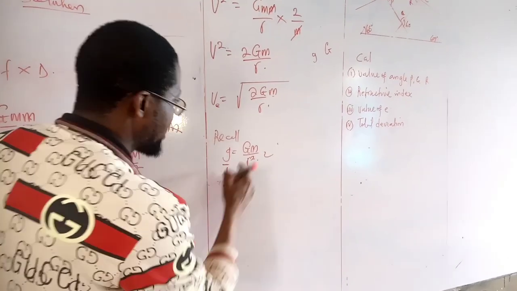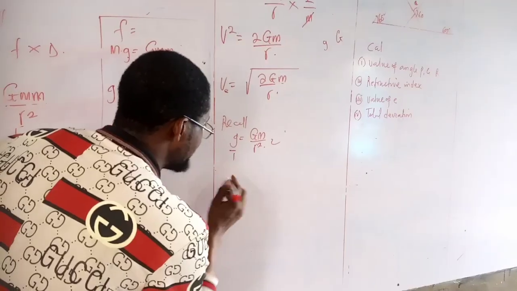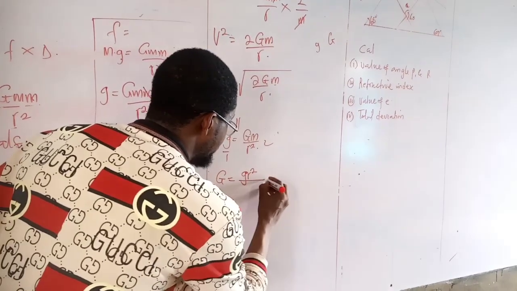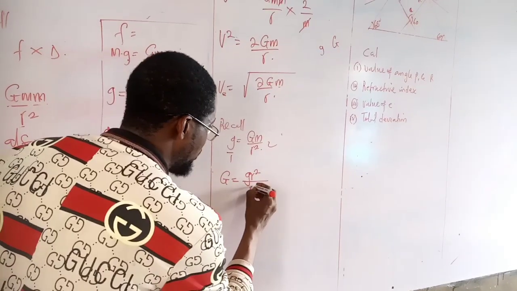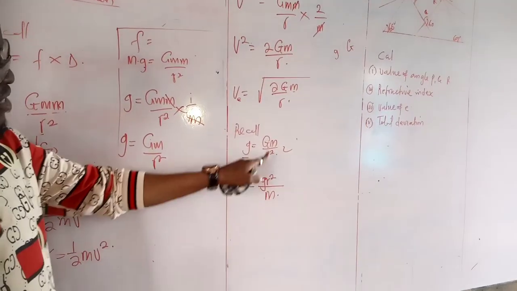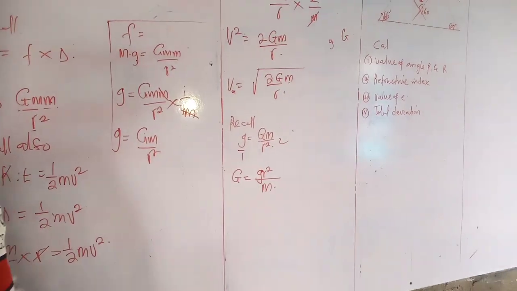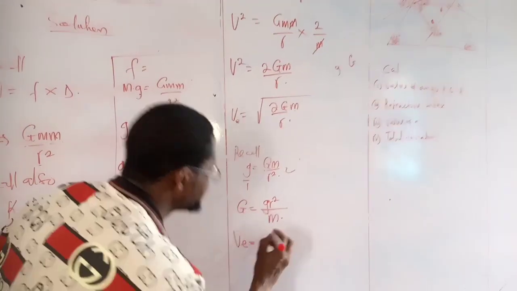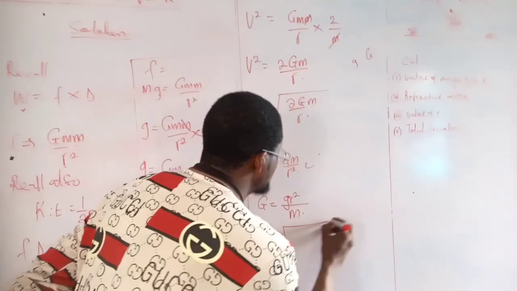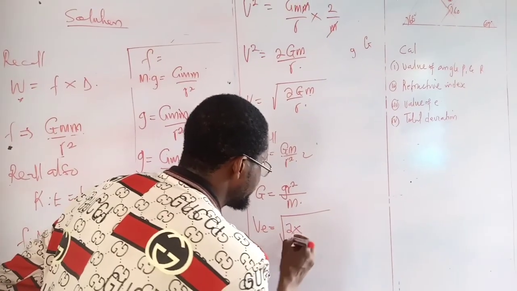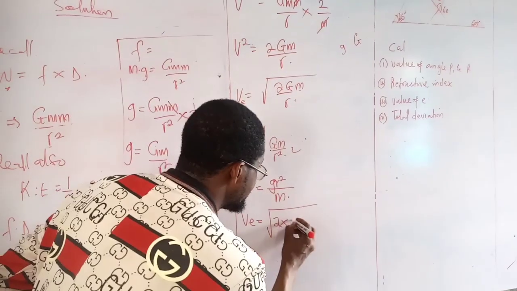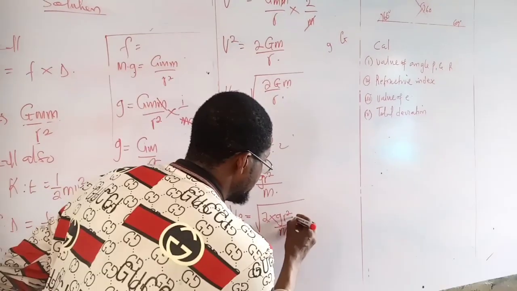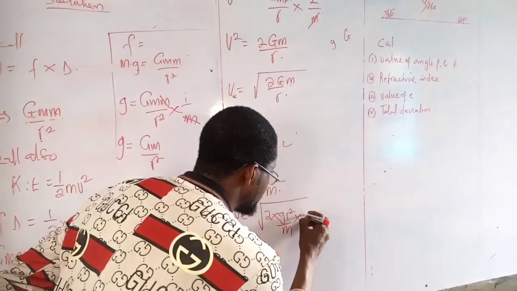By the time you make capital G the subject of the formula, I'll be having capital G is equal to g r squared over m. I have made this capital G the subject of the formula. Now we can substitute here. So our escape velocity now is going to be square root of 2 times our capital G, which is g r squared over m, then times, don't forget your M,